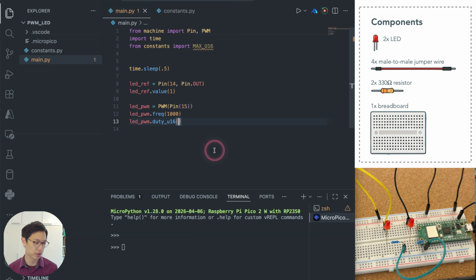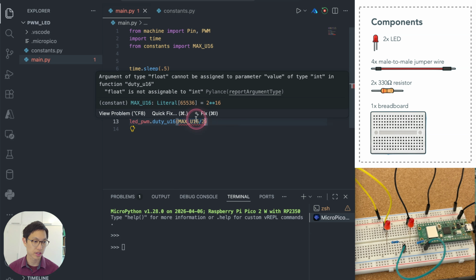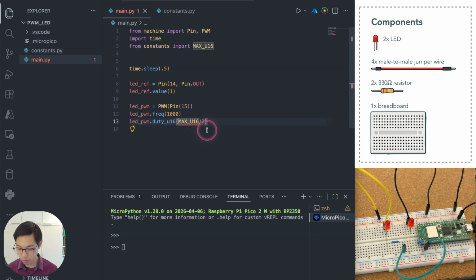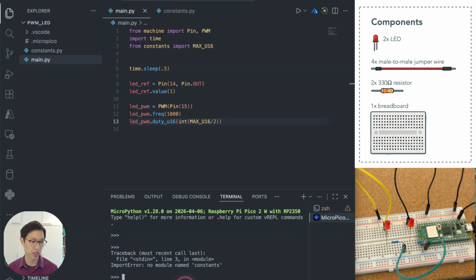LED PWM duty u16, and I want to take this max u16 and then divide by 2. Okay? Max u16. Oh yeah, that is very good. It says cannot be assigned parameter value of type int in function duty u16. What we need to do is make it into an integer here. And then I will run here. No module named constants. Constants.py. Actually, we do need to